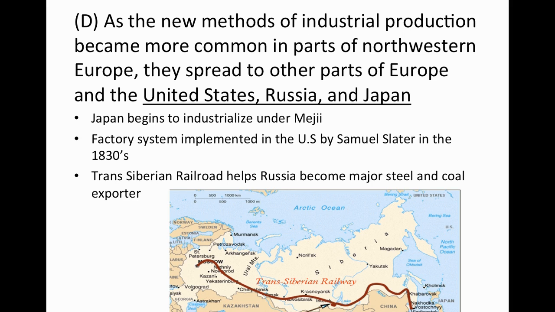industrialization. But it's also important to know that they built a railroad, the Trans-Siberian Railroad, under Nicholas later on, and that's going to help Russia become a major steel and coal exporter. I've seen the Trans-Siberian Railroad on the exam, or I've definitely seen questions about the changes occurring in Russia during this time. And again, I think you start with Peter, and then you move on to Alexander, and then Nicholas, who again builds the railroad. And we'll talk about Alexander in a little bit.